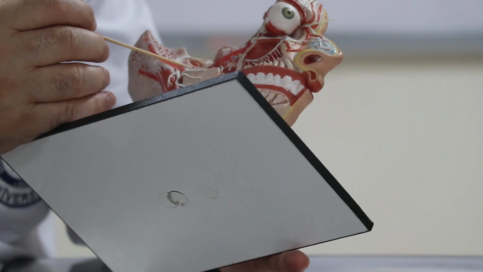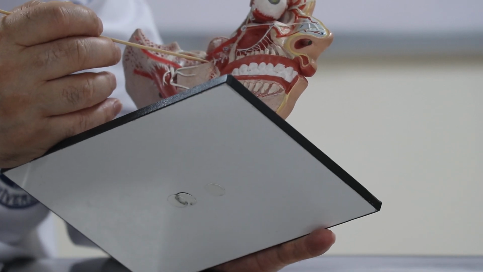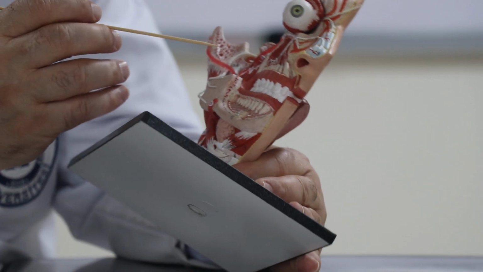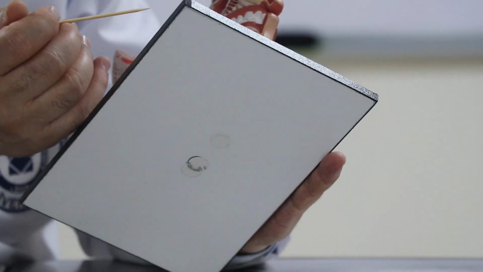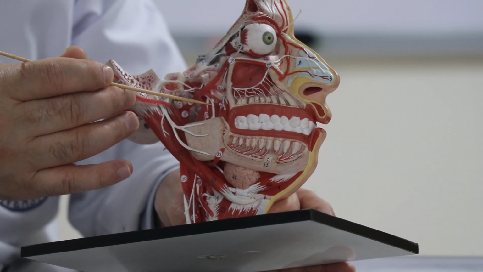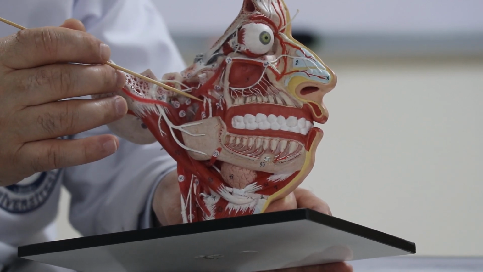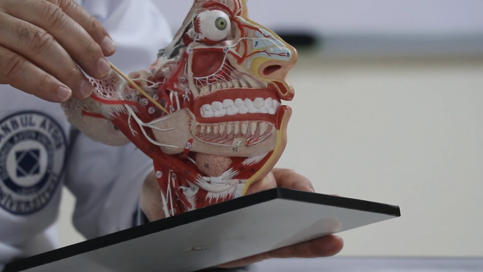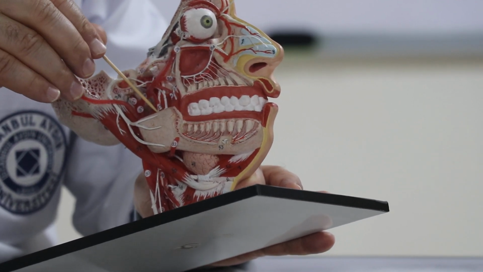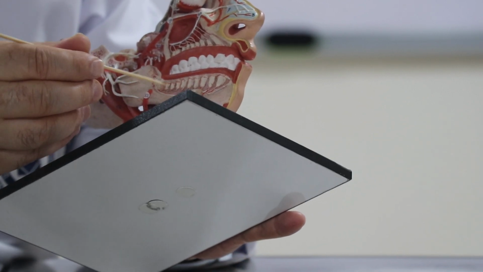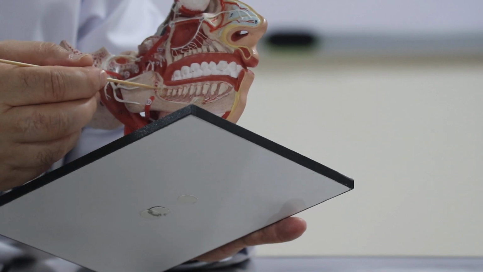Let's continue. Lingual and inferior alveolar, right? So this is lingual here. This is lingual, and this is the inferior alveolar. Let's look at inferior alveolar. See? Inferior alveolar goes through the mandibular foramen. This is the mandibular foramen, through the mandibular canal, and it gives off branches to the lower jaw, lower tooth